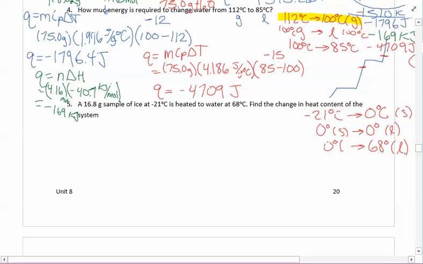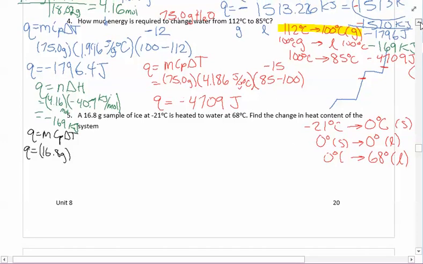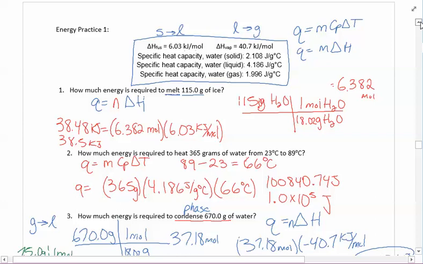Okay, so we have 3 parts. First part is dealing with our ice sample with a temperature change. So we have a temperature change, so we use Q is equal to mCp delta T. So Q, our mass here is 16.8 grams. Our specific heat capacity for solid water, we take a look at our chart. We find the specific heat capacity of solid water. It's